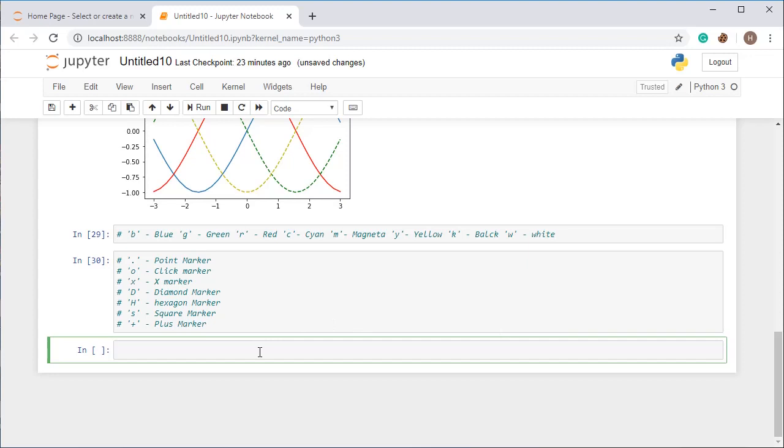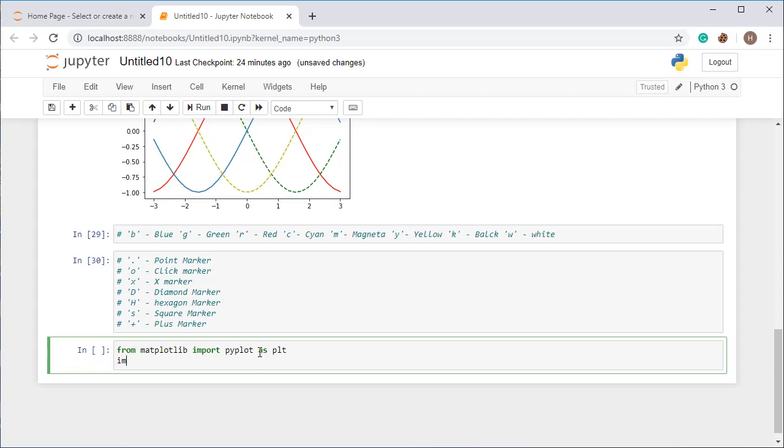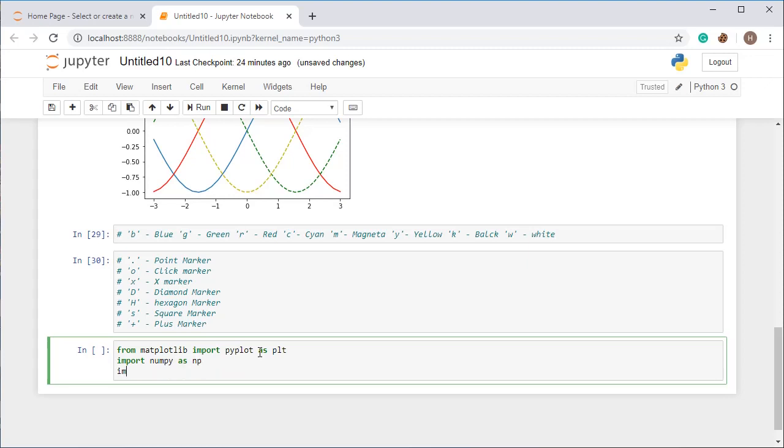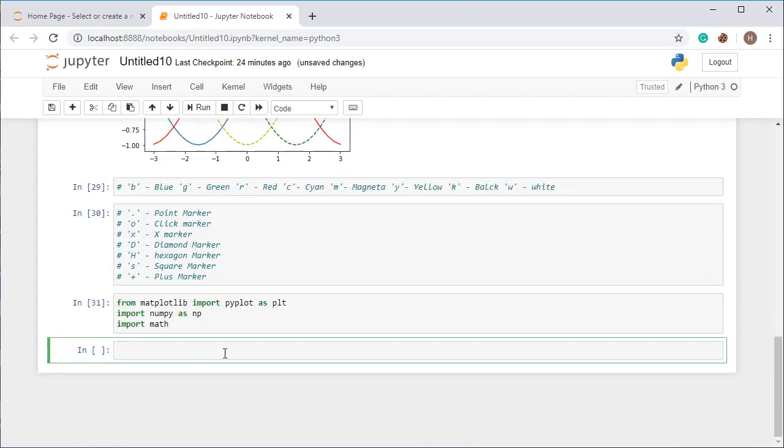All right. So for making a sine graph, what do we use? First of all, we will call matplotlib. So from matplotlib import pyplot as plt. All right, and import numpy as np, as well as import math. I'm going to show you quite a good thing.